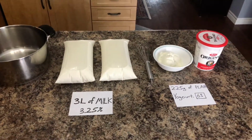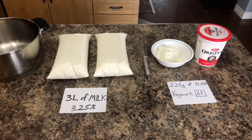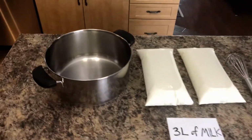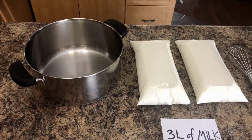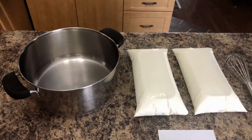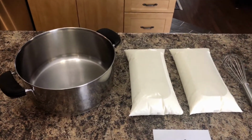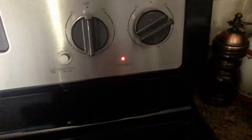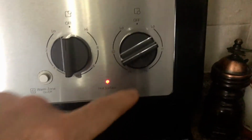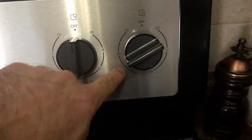So as long as you have all this stuff, the next thing you're going to have to do is take a pot this big, put the milk in there, and put it on the stove, and that's going to be the next step, so I'll record that second. The milk is put in your pot. What you want to do is put the temperature right here on like 8 out of 10,